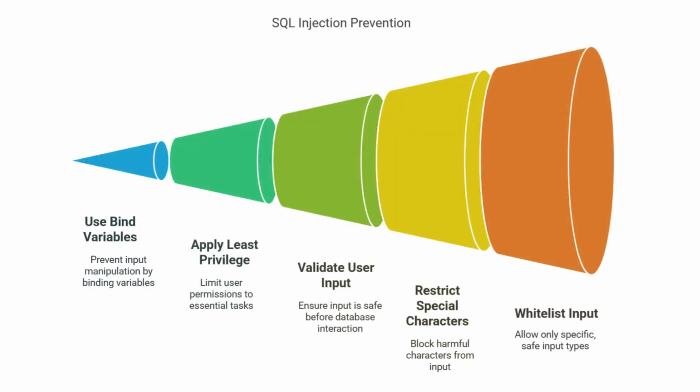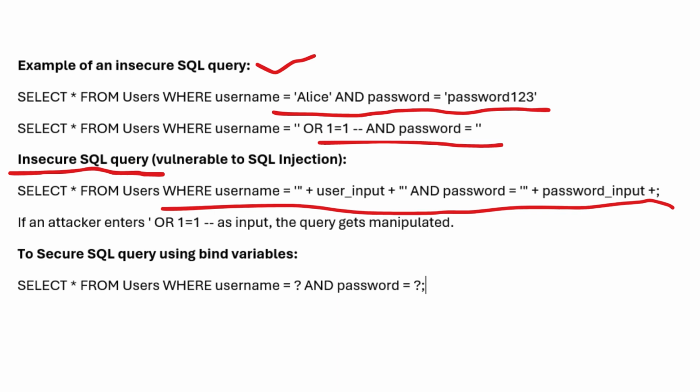How to prevent SQL injection? 1. Use bind variables, prevent input manipulation. One of the best ways to stop SQL injection is to use bind variables. Let's compare an insecure and a secure way of handling user input. Insecure SQL query which is vulnerable to SQL injection: select * from users where username = '" + user_input + "' and password = '" + password_input + "'. If an attacker enters ' or 1=1 -- as input, the query gets manipulated. To secure SQL query using bind variables, use: